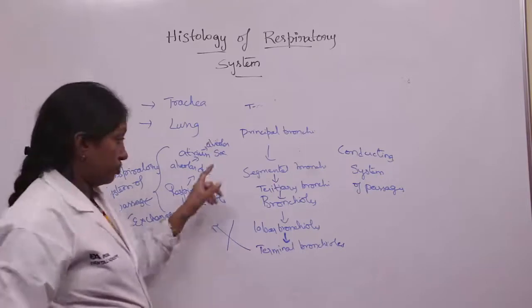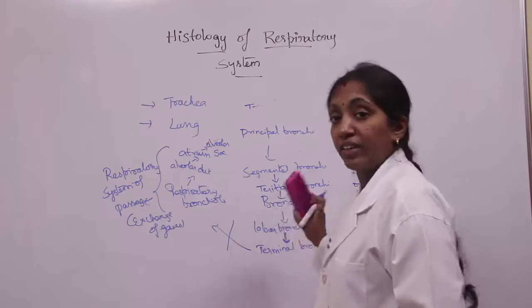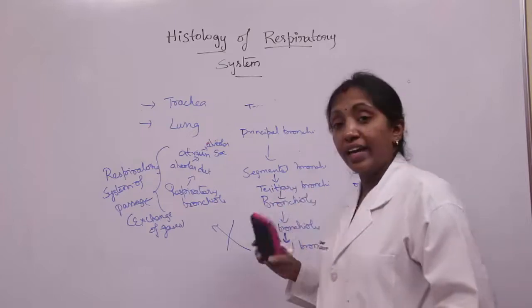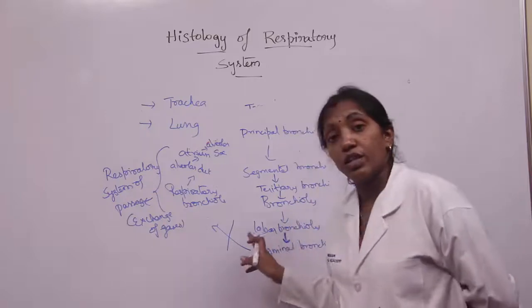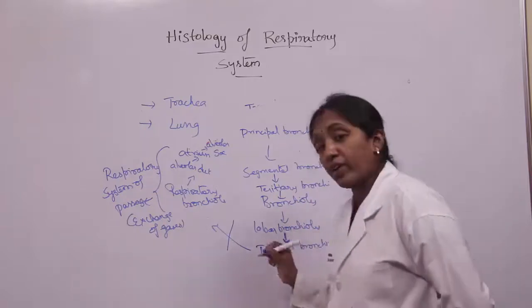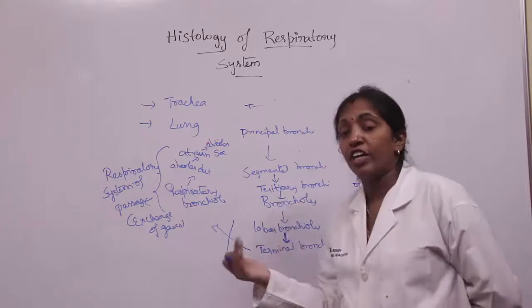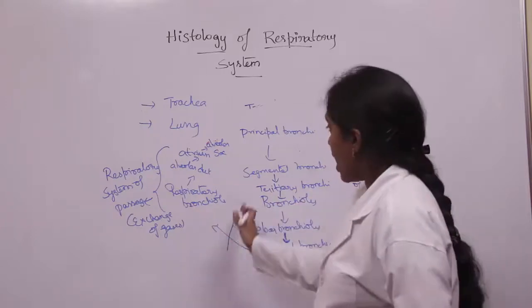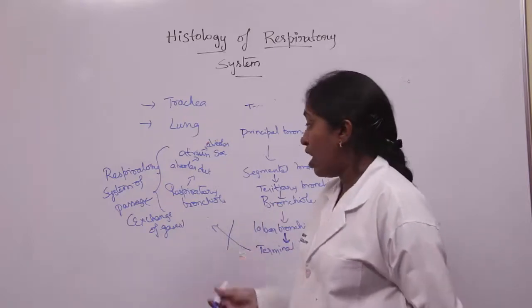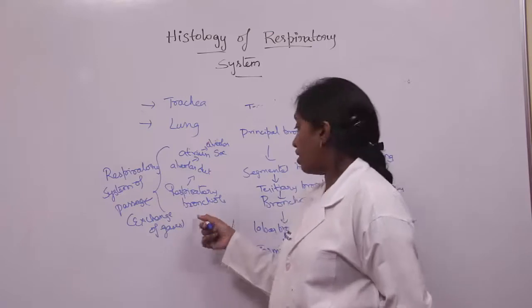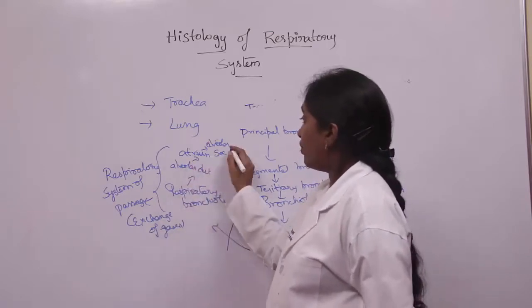Okay, so the principal bronchi divide into segmental bronchi. Segmental bronchi further divide into tertiary bronchi. Again tertiary bronchi divide into bronchioles. Each enters into each lobe of the lung as lobar bronchioles. Again lobar bronchioles divide into terminal bronchioles. Again terminal bronchioles further divide into respiratory bronchioles. Up to this is the conducting system of passage. It allows the gases to pass through, and from the respiratory bronchiole we have alveolar duct, atrium, and alveolar sac,